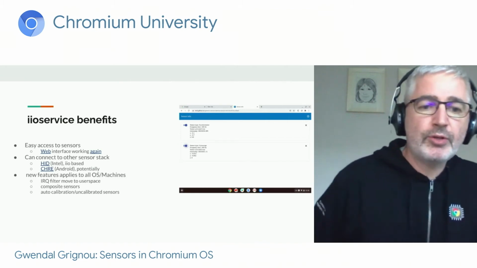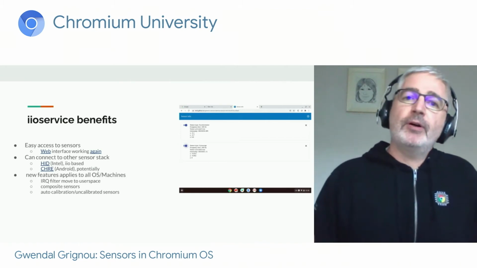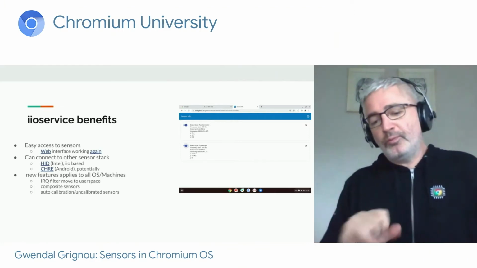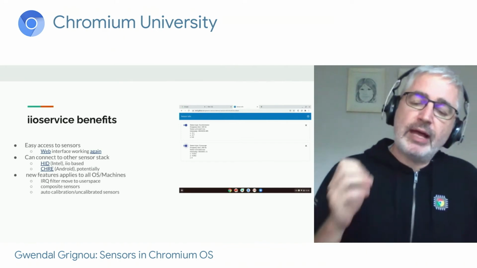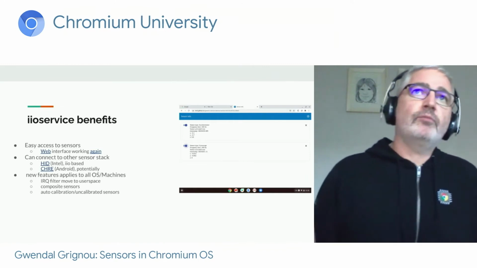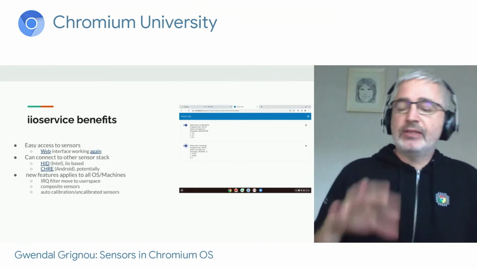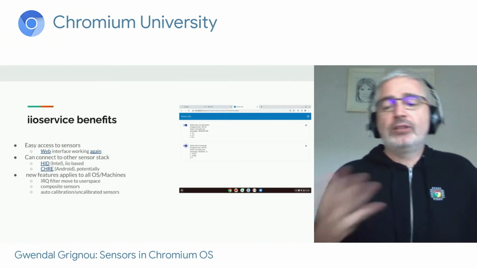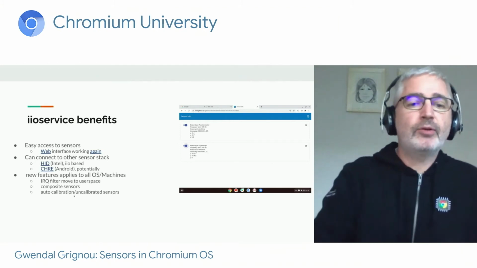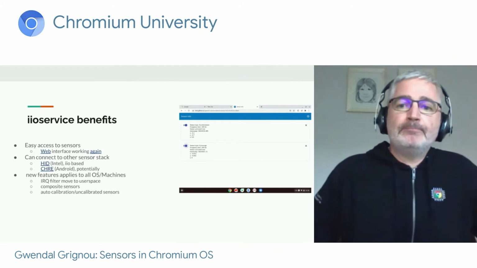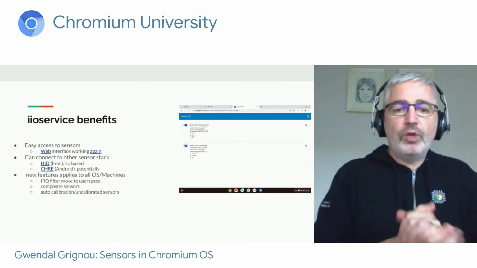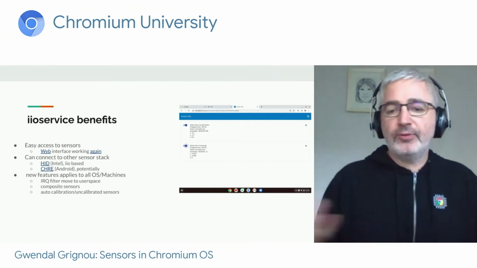And we can also implement new features. So in the EC, we try to use the EC with as little RAM and flash as possible. So some features which are traditionally in sensor hubs on phones may not fit on the EC. I'm talking, for example, of composite sensors, which are a mix of other sensors.